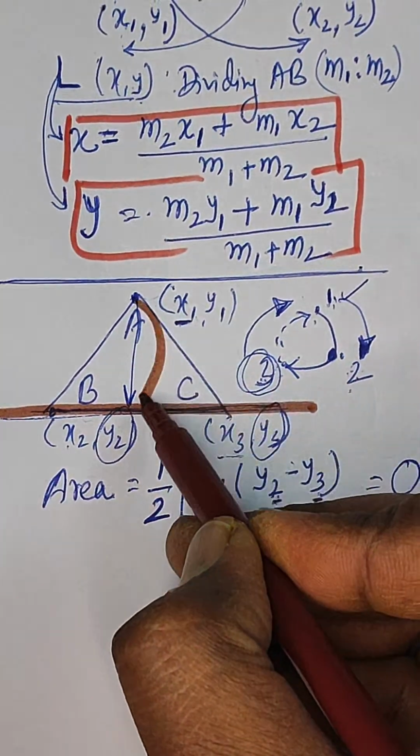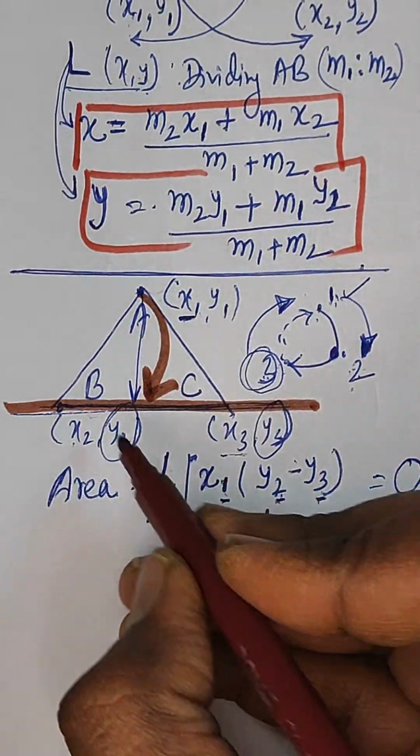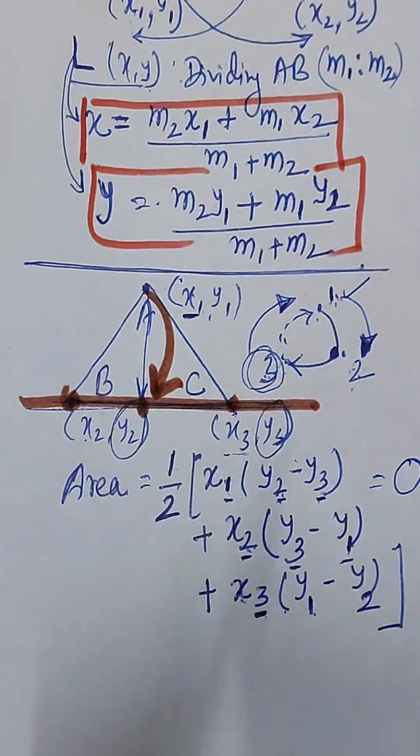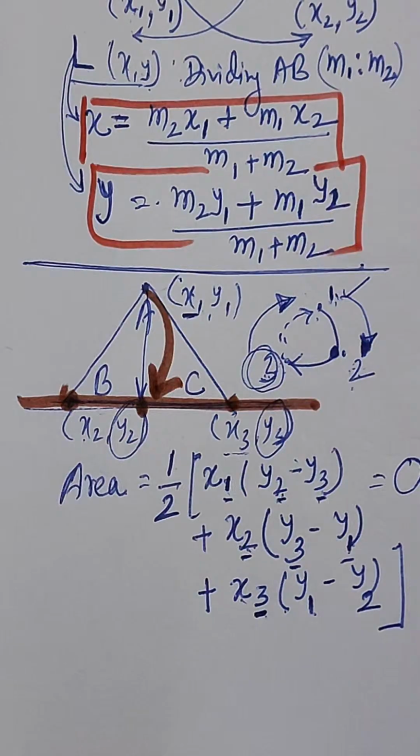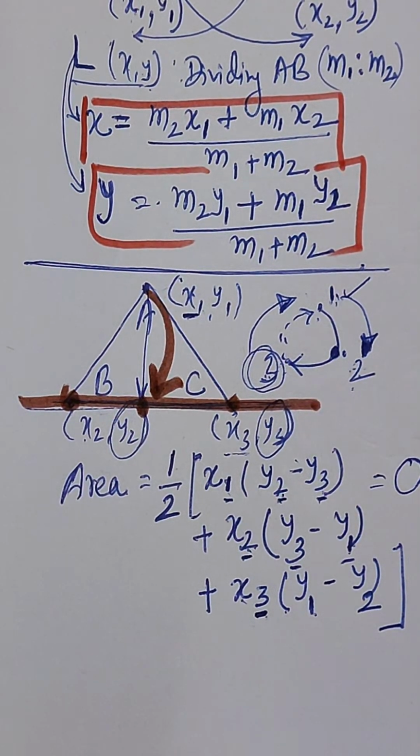Like this will be a straight line, right? Because A will be coming over here, right? So to prove the collinearity, we can see that yes,